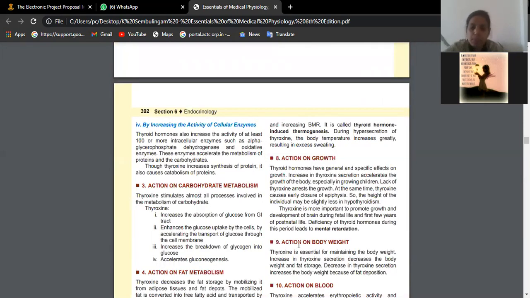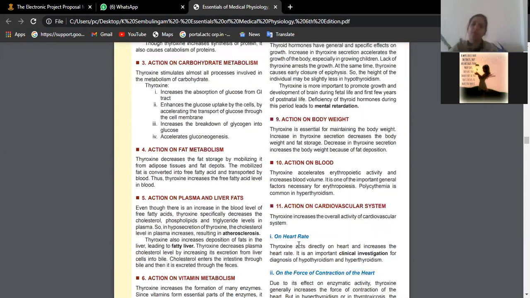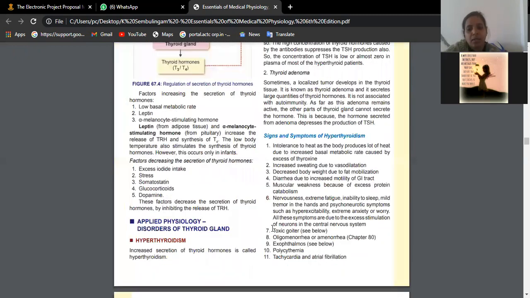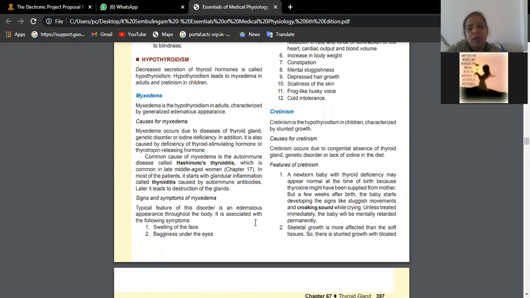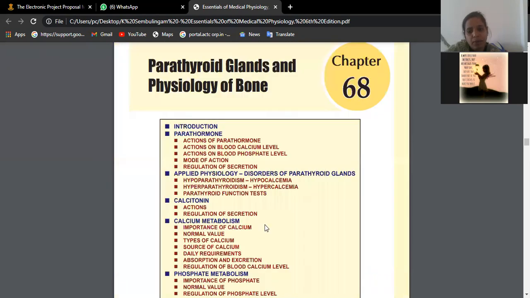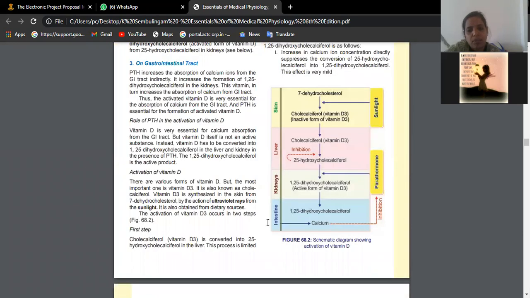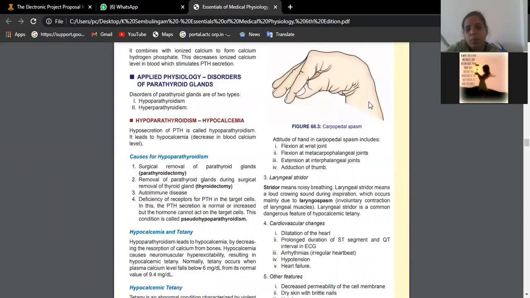Yes, ma'am. That means for regulation of calcium, we require parathormone. Parathormone is increasing calcium levels in the blood. Suppose if parathormone is not there, then the muscle undergoes spasm. You call that condition tetany. Okay, beta? I'll show you one picture. This one, beta, is carpopedal spasm. This is tetany.